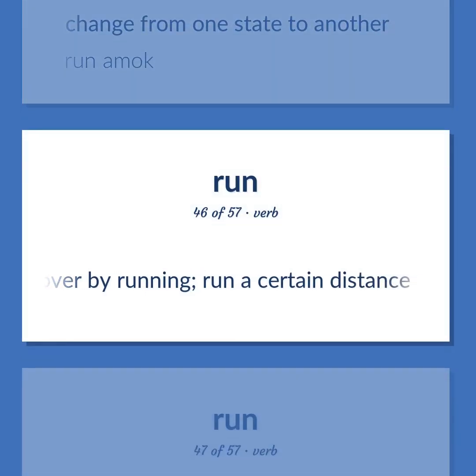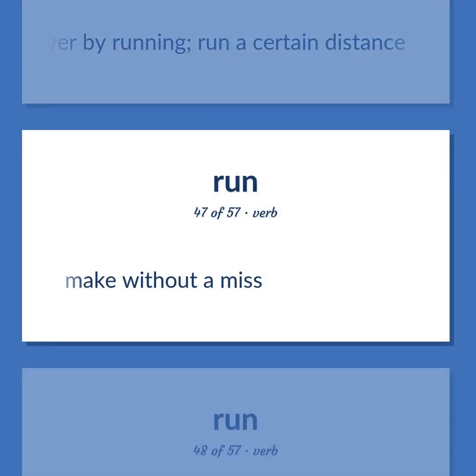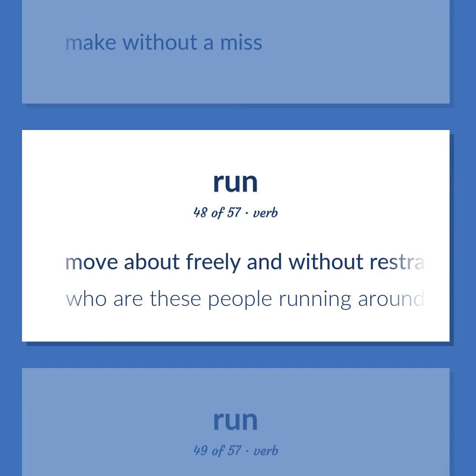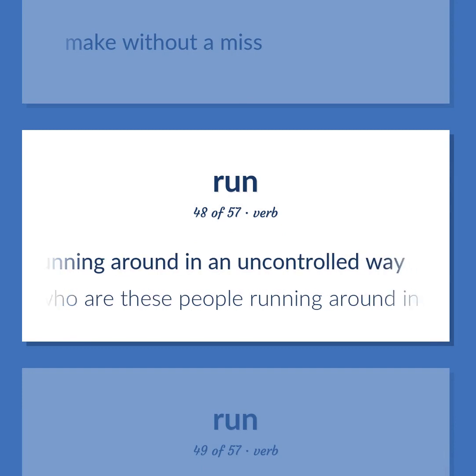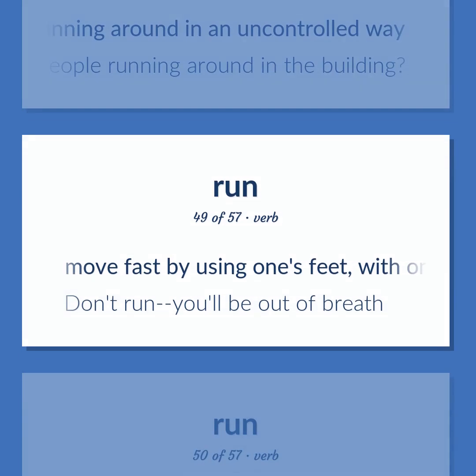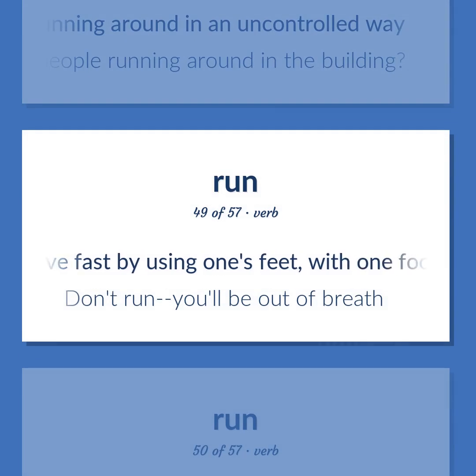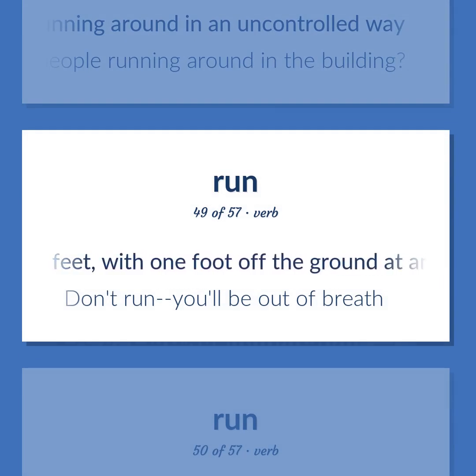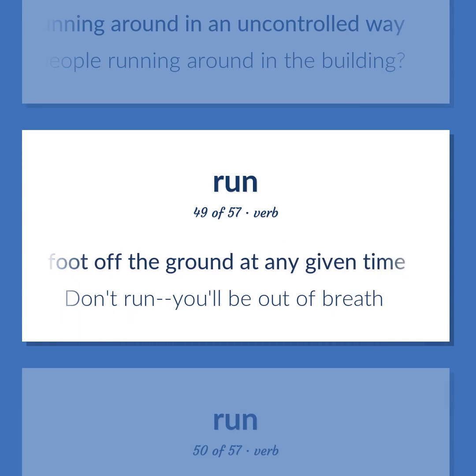Run a certain distance. Make without a miss. Move about freely and without restraint, or act as if running around in an uncontrolled way. Who are these people running around in the building? Move fast by using one's feet, with one foot off the ground at any given time. Don't run, you'll be out of breath.